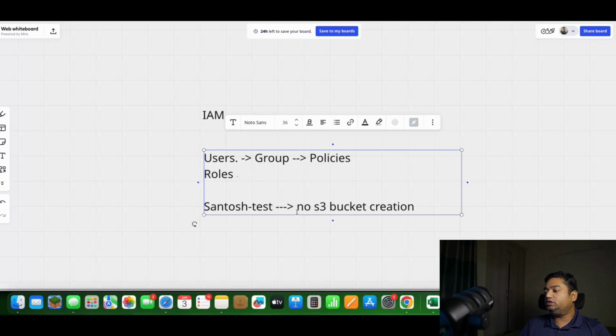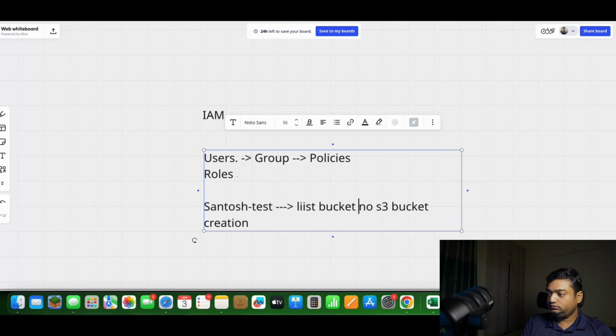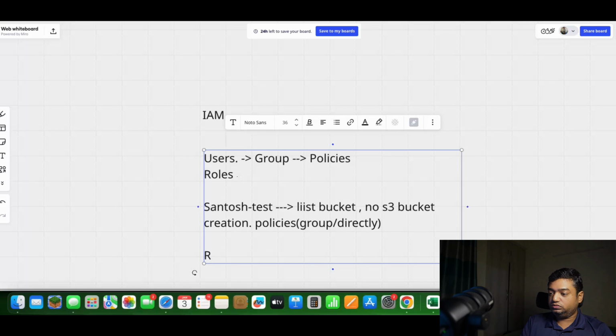For example, with the help of policy, only list bucket permission is given, but no S3 bucket creation is given to Santosh user. And this is through policies, via group or directly. Fine. Now, if I create a role,